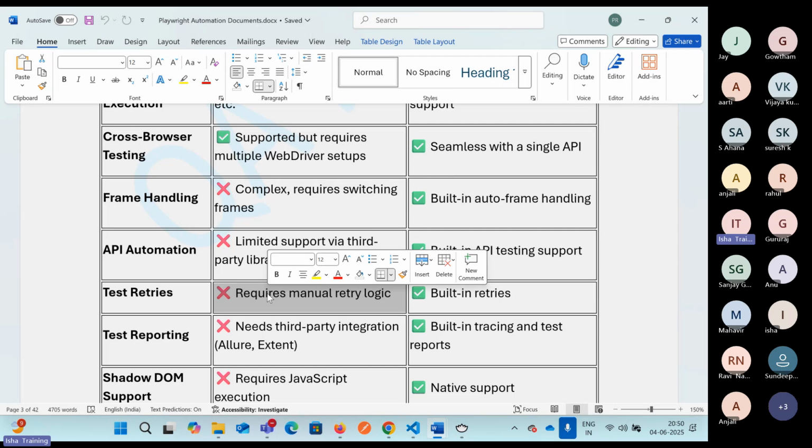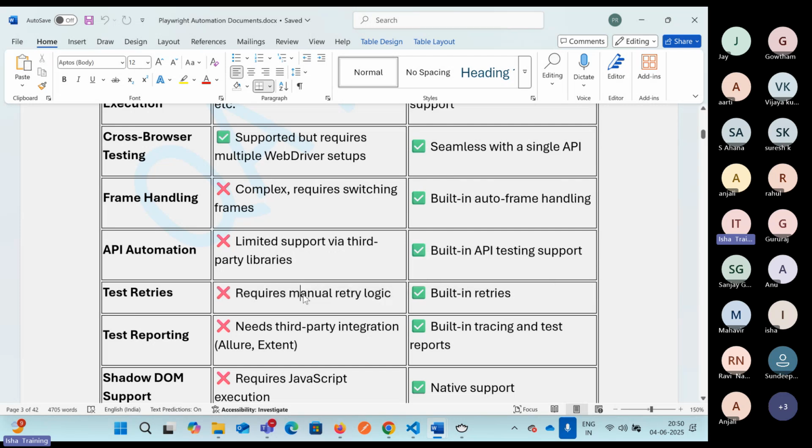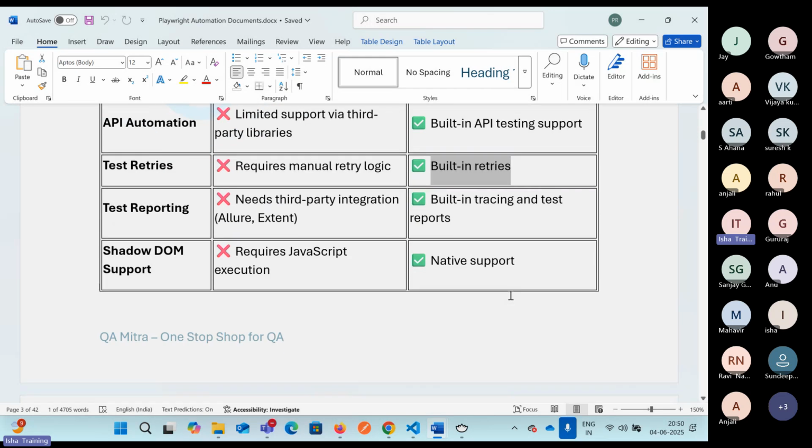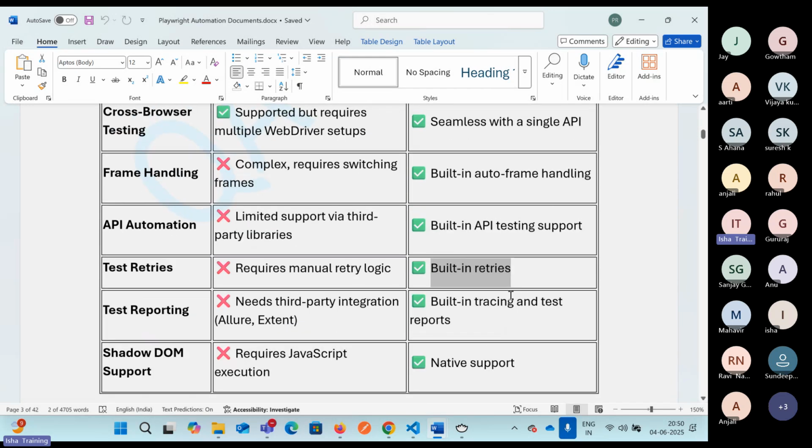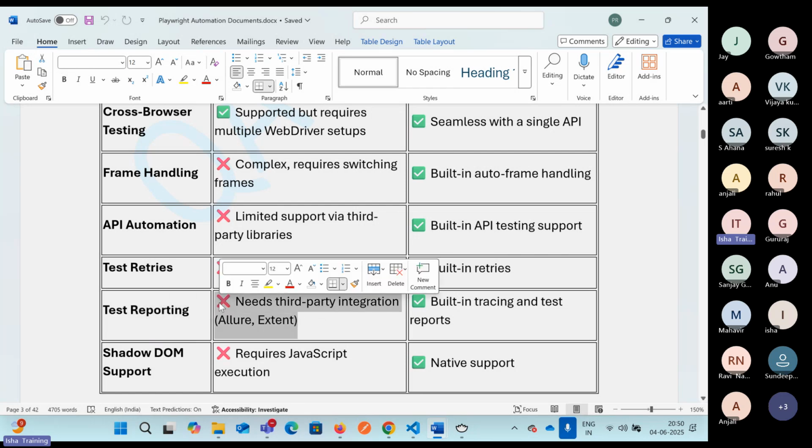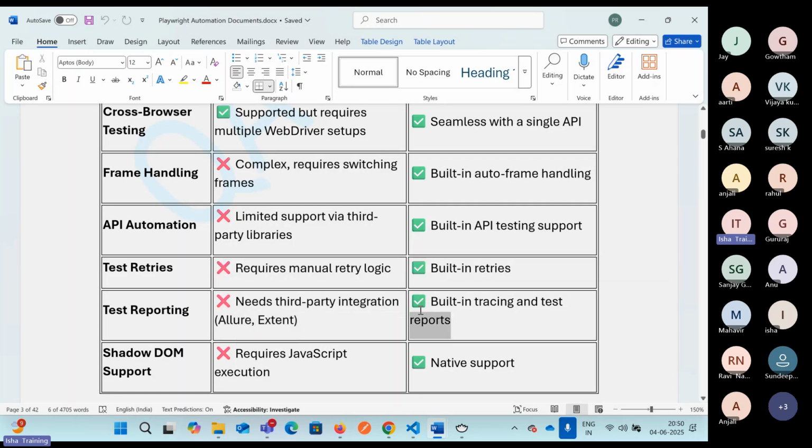Third-party interface that we have to write manually. Retry logic: we have just seen that retry has built-in support in Playwright. Test reporting, again, we have to generate using a third-party tool, which is Allure, or write a customized HTML report, whereas Playwright supports that automatically. That means it will automatically generate the HTML report